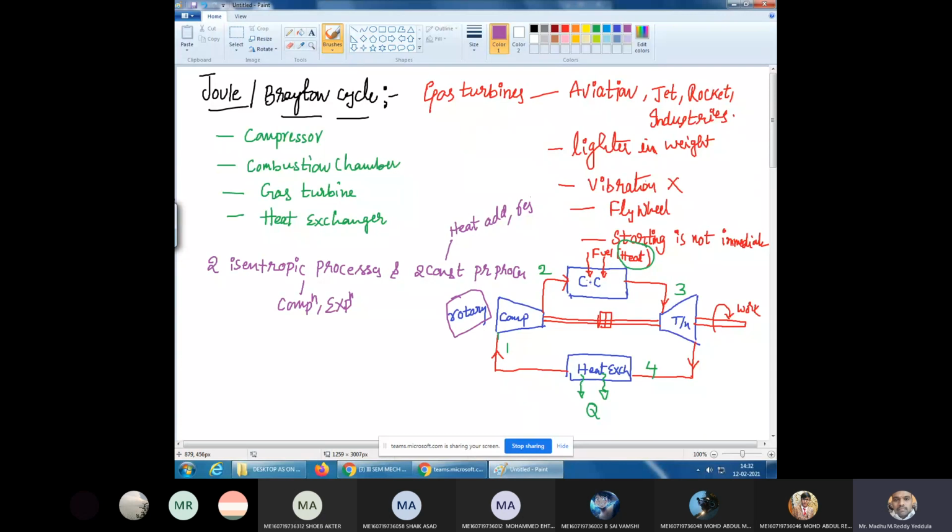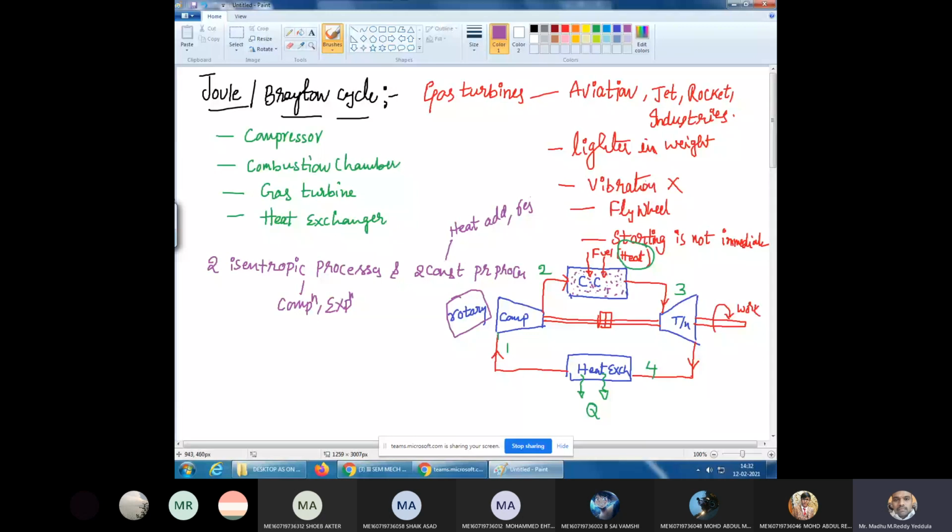Right now, in case of a diesel engine, you don't have knowledge of that, so let it be now. The high pressure, high temperature air will be admitted into the combustion chamber, and at that instant we are injecting the fuel. Due to the high temperature of the air, immediately after injecting the fuel into the combustion chamber, the burning of the fuel will take place. We can say that the combustion of the fuel will take place.